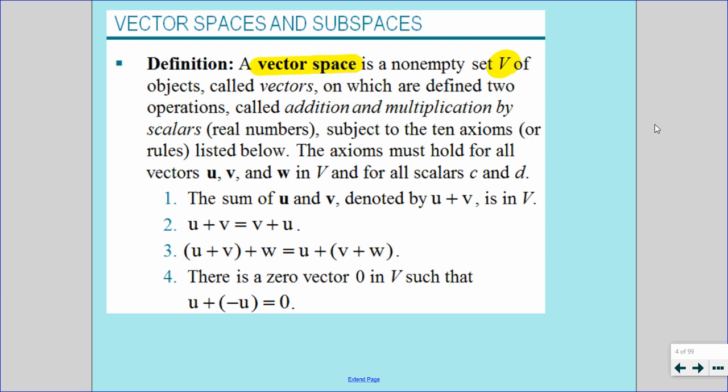If you have, for example, two vectors in the space, the sum of those two vectors must also be in the space. So the sum of u and v is going to be in the vector space V. What that calls for, number one, is closure under addition. If you have two vectors and you add them together, the vector that is generated is also in the vector space. We also have commutativity: adding vectors in any order doesn't matter,